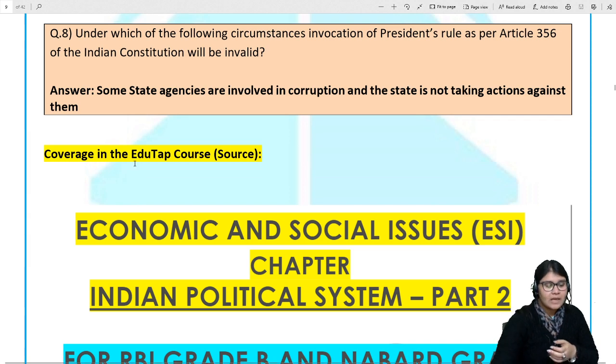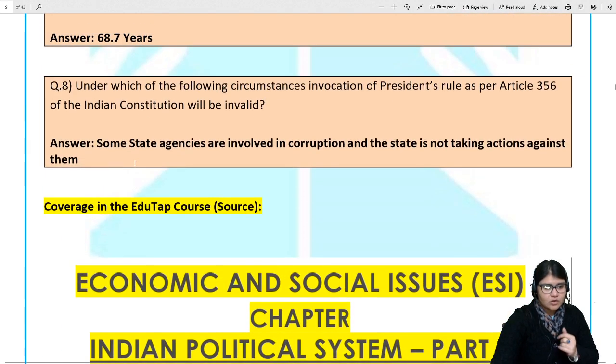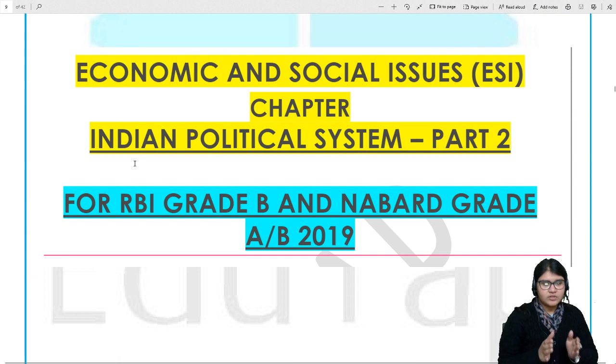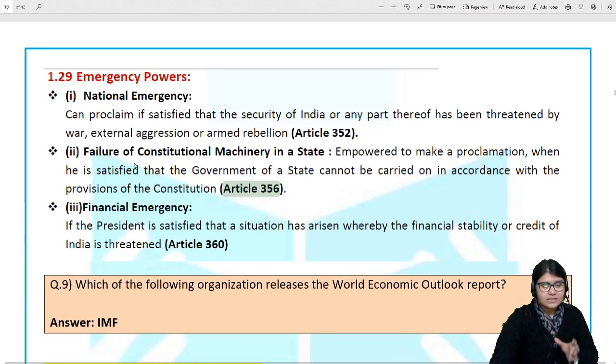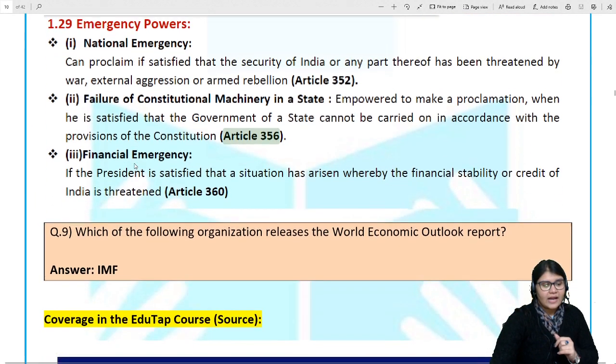against them. Moving on, this particular question is covered in one of the static portion, one of the component of the static portion. There's a chapter Indian political system. So in the content sheet we had given emergency powers. There's a section there, and under that Article 356 was explained, and why this can be invoked was also